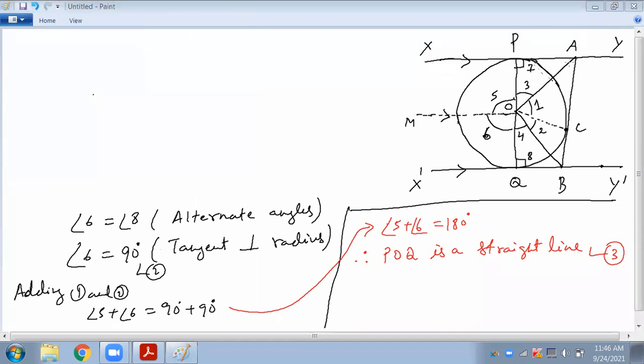Okay, now see, we have to show this angle AOB is 90. To show AOB is 90, we'll show 1 plus 2 is 90. If you can show angle 1 plus 2 is 90, then AOB will be 90. So we'll try to show that. Okay, now what you can do is,